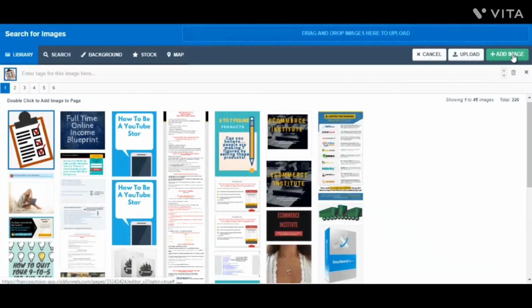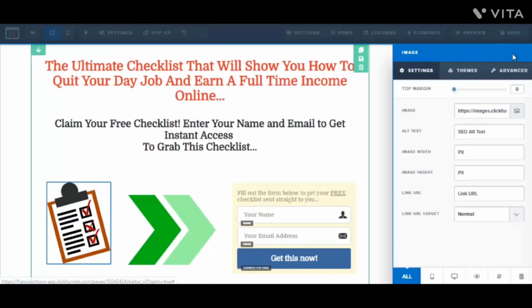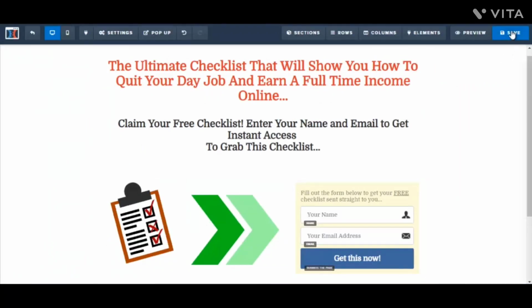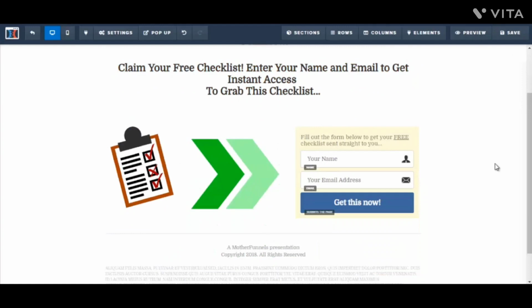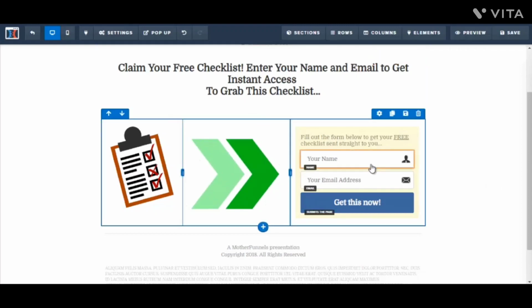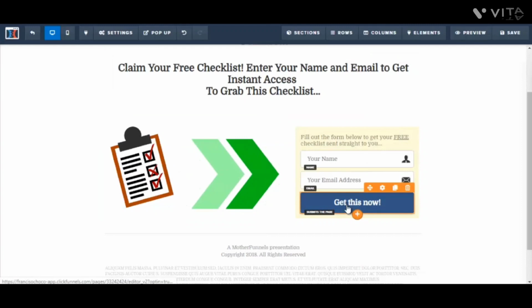Okay, and then I'm just going to go ahead and add the image. Okay, so it has been added, and again I'm going to save it. And the last thing I'm going to do is to integrate my autoresponder into the squeeze page. So basically when potential subscribers enter their information and click on "Get this now," they'll be subscribed to